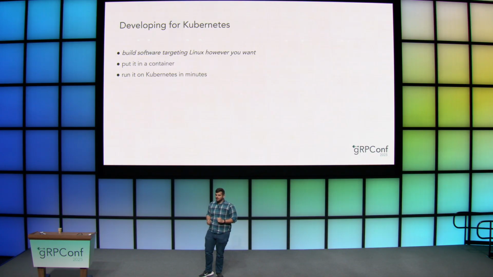Historically, managed software deployments have been pretty picky about how you build your software. Apache, Heroku, Google App Engine, and things like that expect you to write your code in a specific language, lay your files out precisely in a certain structure, and work with very specific runtime versions. Kubernetes uses containers to say, if your software can run on some version of Linux, you can run it on Kubernetes. Write your code in Go, Rust, Java, Fortran, who cares? It will run on Kubernetes. So this is the first thing that's really freeing about Kubernetes if you're not familiar with systems like that.